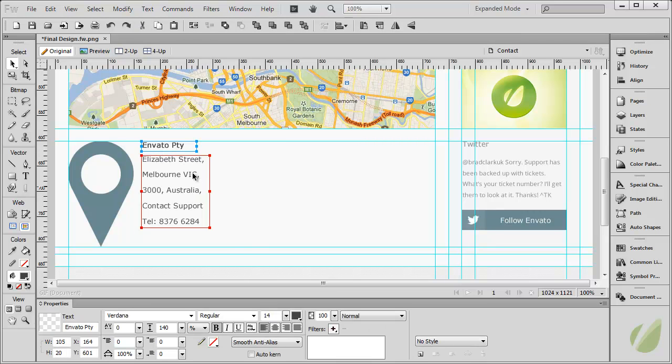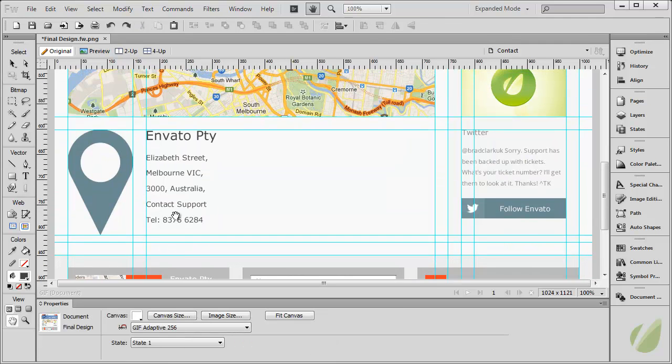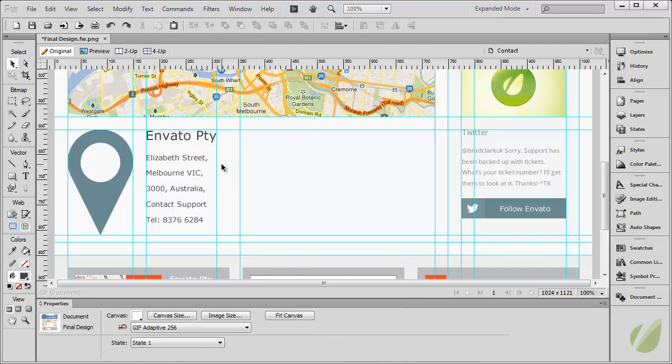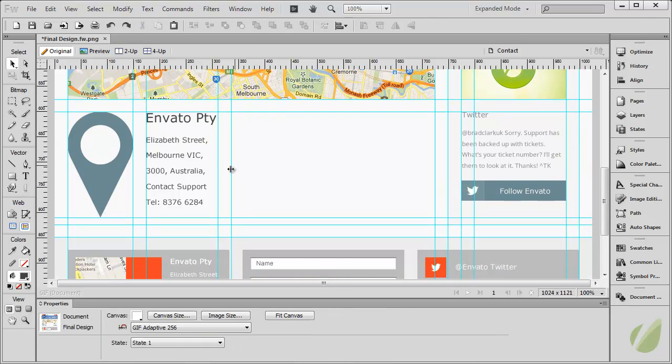And then this needs to be a lot larger. So we need this to be something like 25 again, and we don't want to make this bold. And again, with the spacing, we want this to be 25 pixels, and we'll just line this up. Okay, so once I've done that, what I'm going to do is put 25 pixel spacing on here. Just make sure this is the correct width. Let's make this 8. I'm just going to shrink the width of that text object, and then the guide should snap to it. Okay, so now that I've got that margin in there,